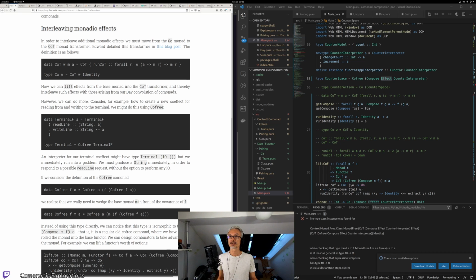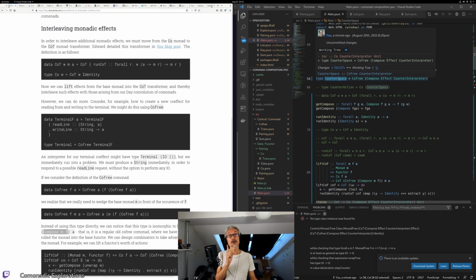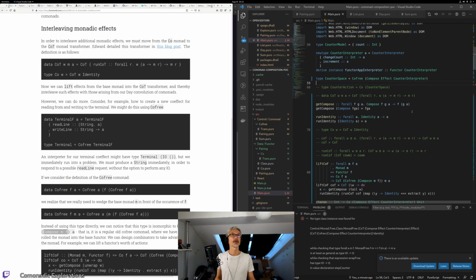And he notes that actually that's just the same as co-free compose M F. We compose M, our base monad effect, with our counter interpreter. And so that, in theory, means that now our comonad counter space should be able to run effects into the effect monad, and we'll want this to be F at some other point,